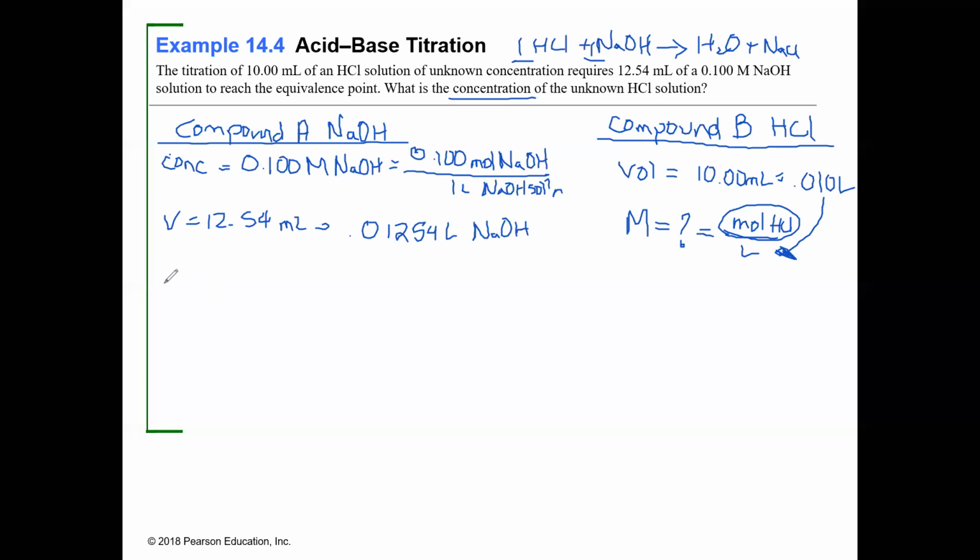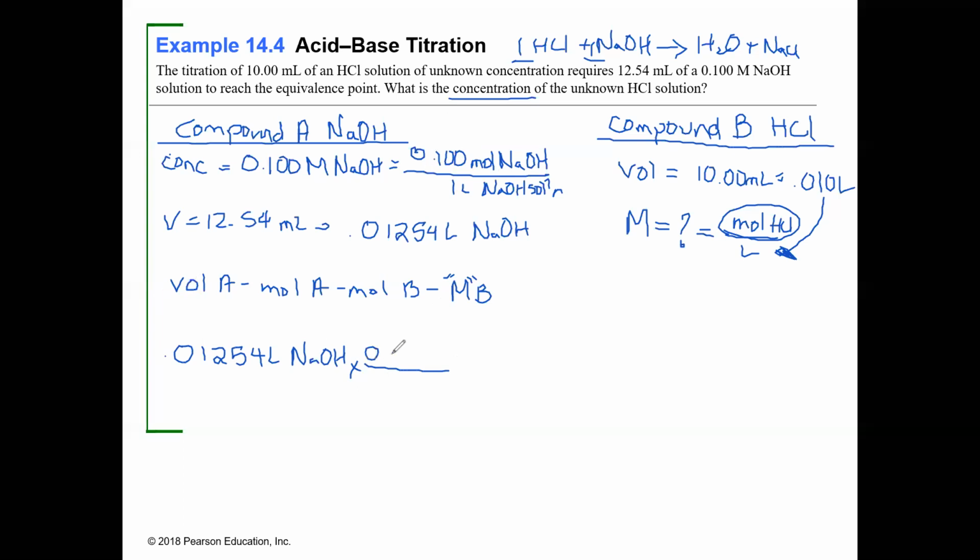coefficient ratio. So back from our flow chart for solution stoichiometry, in this case, we're going to go volume A into moles of A, into moles of B, into, in this case, we want to figure out the molarity of B, big M. So start with our volume A. We've got 0.01254 liters of NaOH. I'm going to multiply that by my molarity,